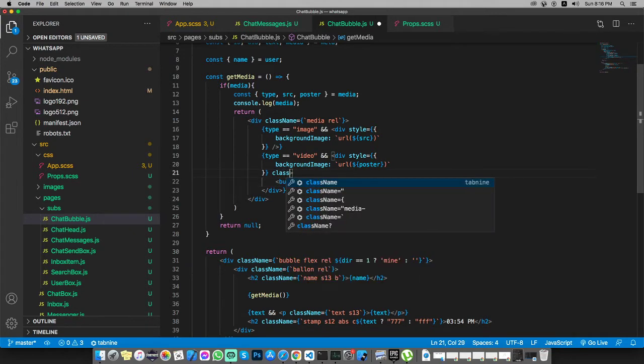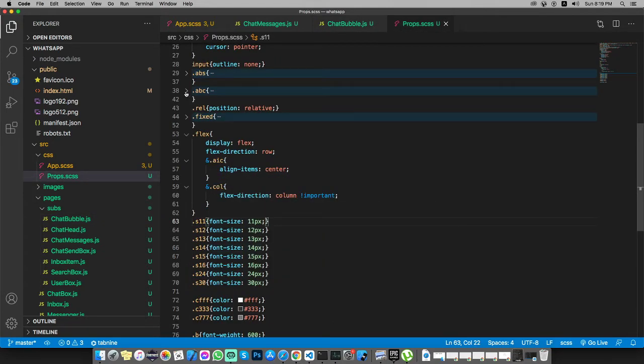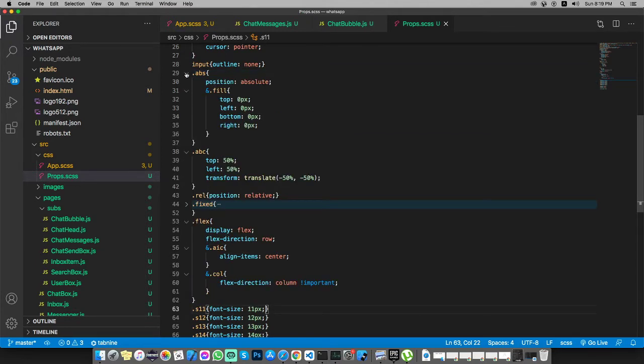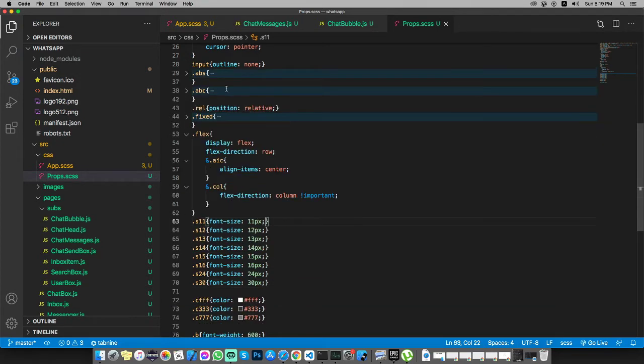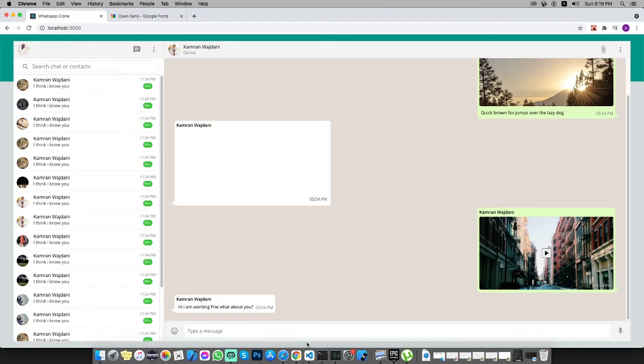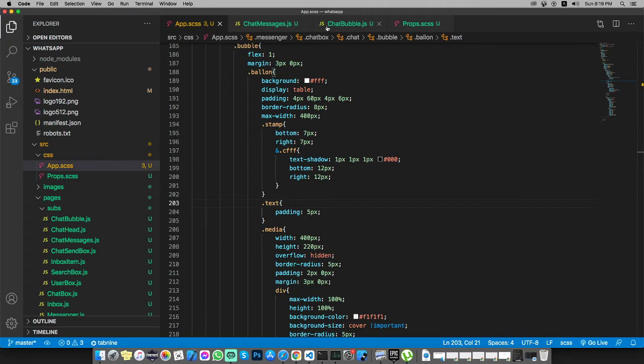We need to add a class name of rel, because this button will be absolute and absolute center. Save. And for the props, we have ABC and we have ABS for top left center. Let's go in our block. Here is the play icon, and for the media we need